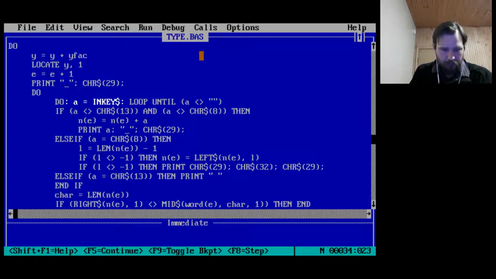So we're checking for that. Now you can't hit backspace when you haven't typed anything, it shouldn't do anything. So if it's not -1, then set the current line of what you've typed equal to the left string of what you've typed, comma L. So this removes from what you've typed the last letter